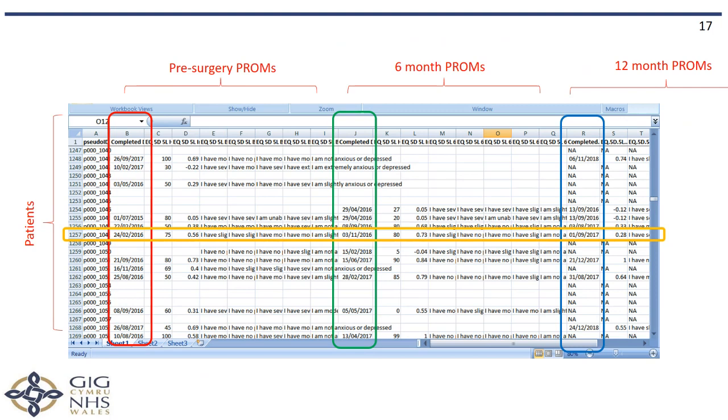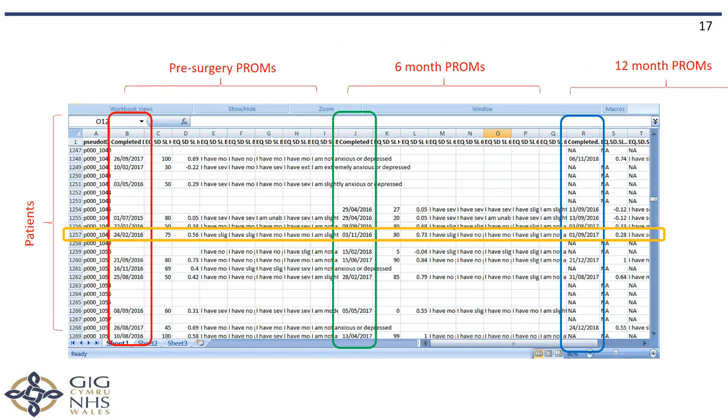So this PROM was put in the 12-month column because that's when it should have been completed, as in that's when its intended use was. But the patient actually completed it 16 months after surgery. So should we include this PROM in the analysis? Is there a difference in the health of patients at 12 months post-surgery compared to 16 months post-surgery? If we include it, it might skew or mislead our analysis results or the conclusions we draw from our